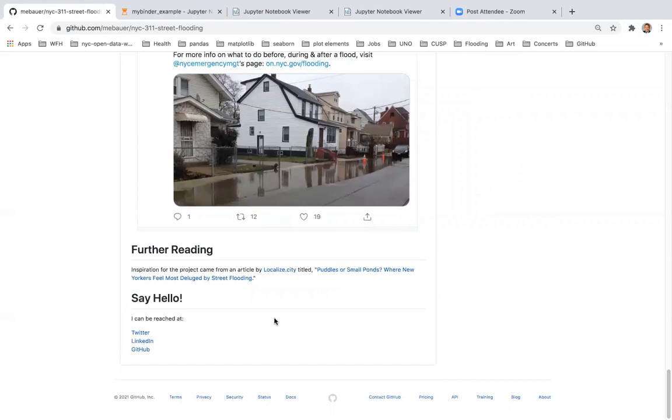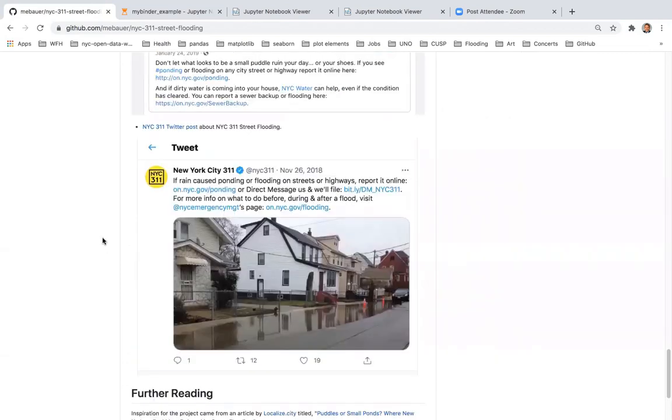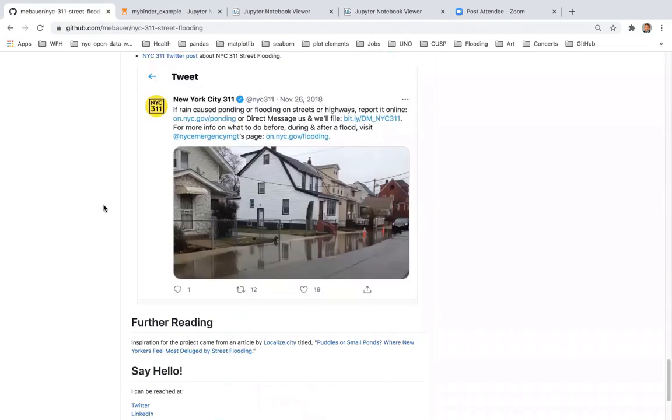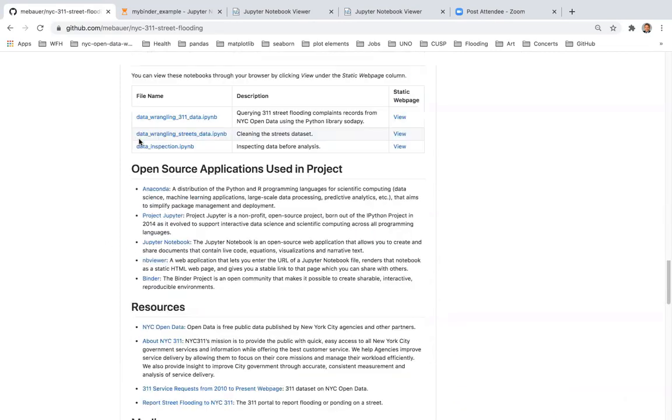If folks are interested in how we, as this was a great citizen science project, ground truth some of this data, please reach out. And all of this code is open source.